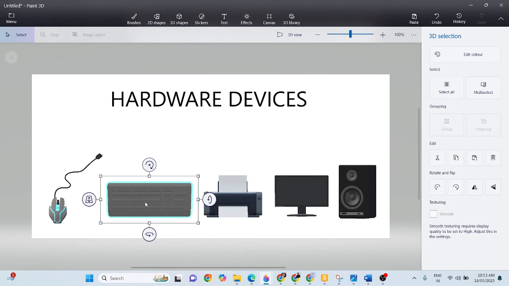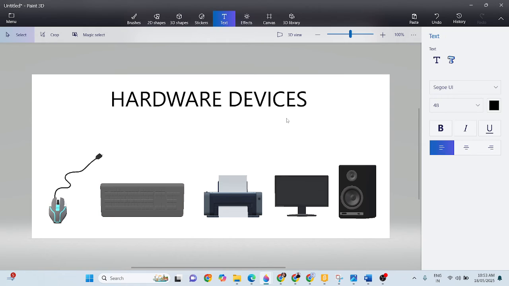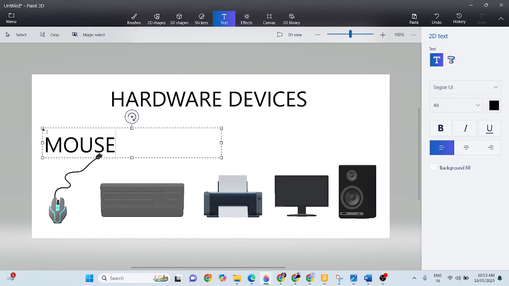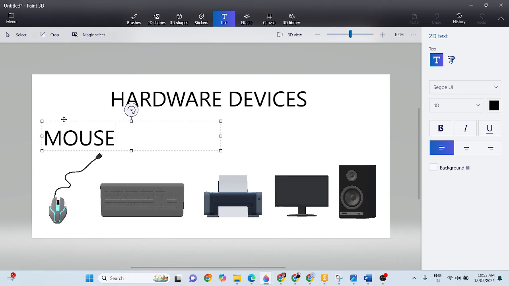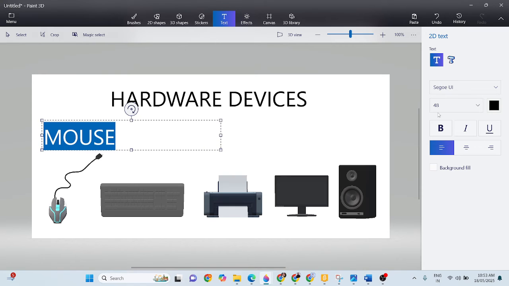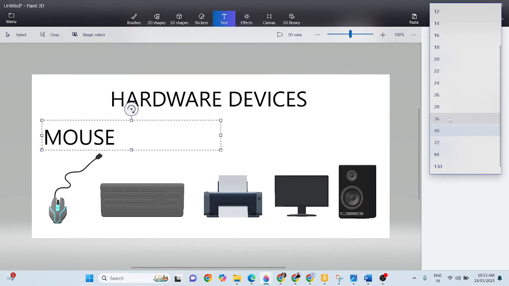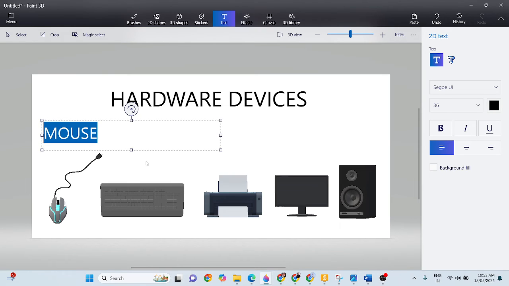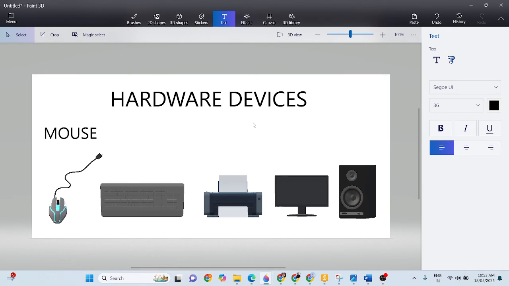The last thing is to write the names of these devices, and we can write it using the text option T. Select a 2D text, click at the top of the mouse and write down MOUSE. You can adjust the text box by going to the dotted lines, and if you want to make the size small, select your text, go to 48 and you can change it to 36. Once you are done, just click anywhere so it will be